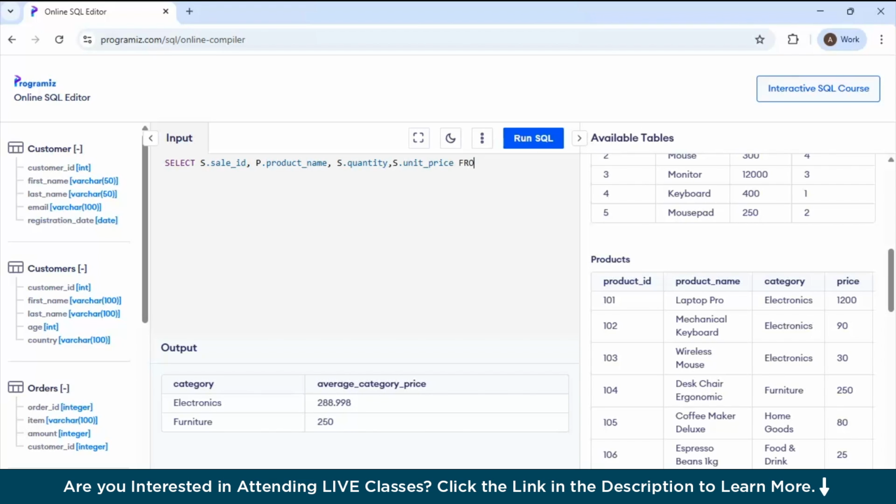And this is from which table? We have sales, and then s. And we want an inner join, so let's mention that